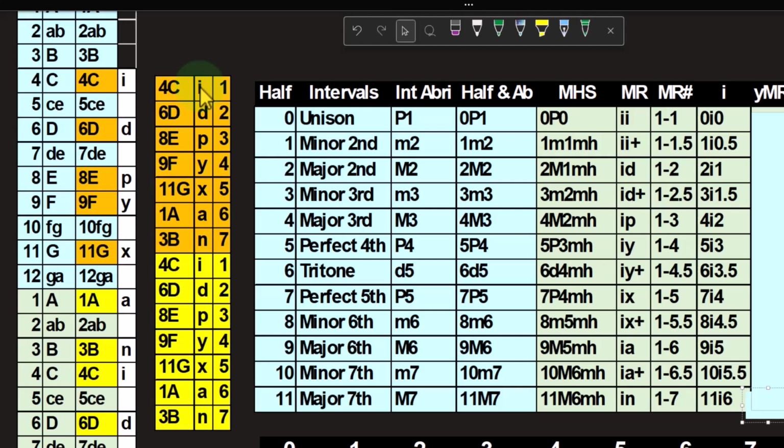So if I go from the I to the N, that's the modal range. I'm going from the Ionian continent to the Locrian continent, which we can give the number of a 1-7. What's the distance? It's 11 notes away. If I'm on the C, 1, 2, 3, 4, 5, 6, 7, 8, 9, 10, 11 gets me to the